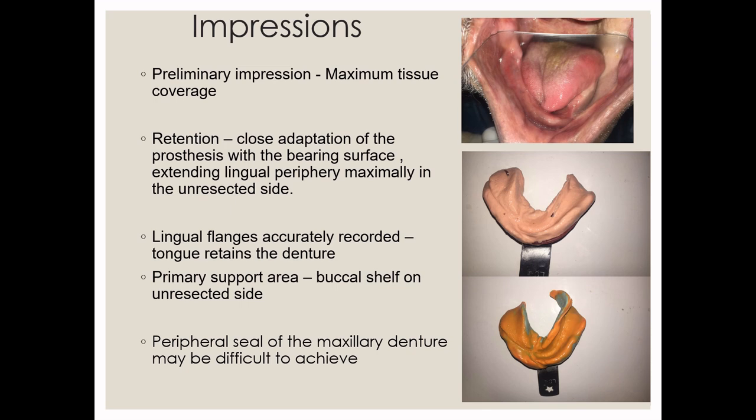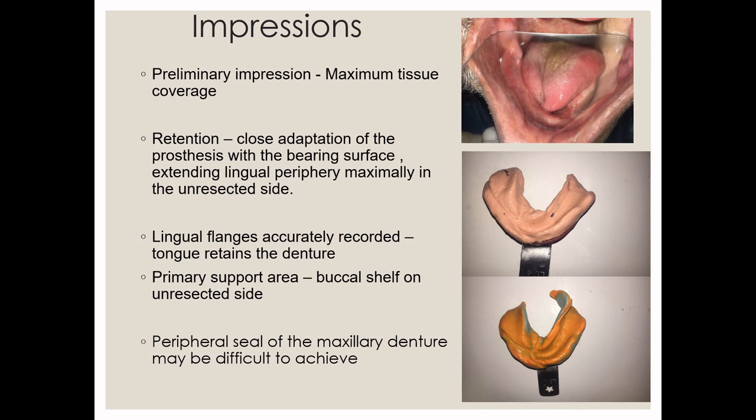So support for a mandibular prosthesis can be obtained from the buccal shelf area, the crest of the ridge, the retromolar pad, and if possible, the soft tissue bed posterior to the bony resection. But among these, the primary support area is the buccal shelf area. This is because of the lingual inclination and rotation of the mandible. And then the stability of this prosthesis is facilitated by accurately recording the contours of the lingual flanges on the